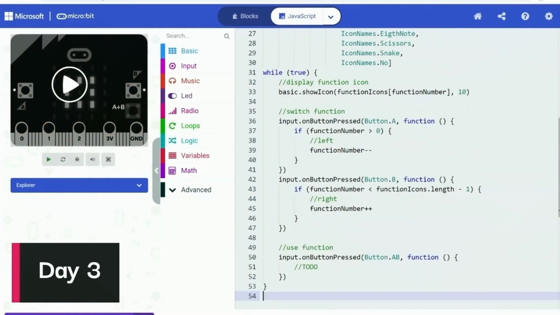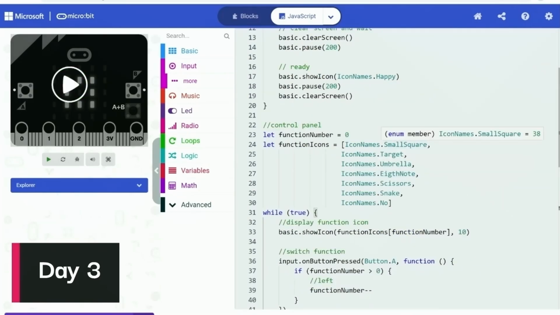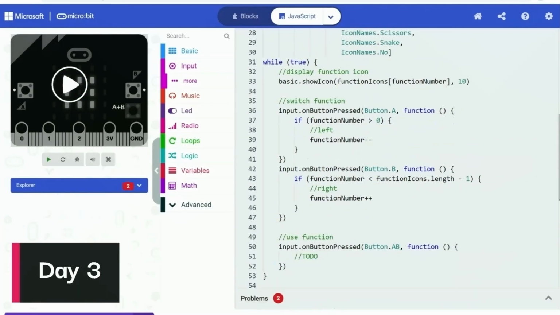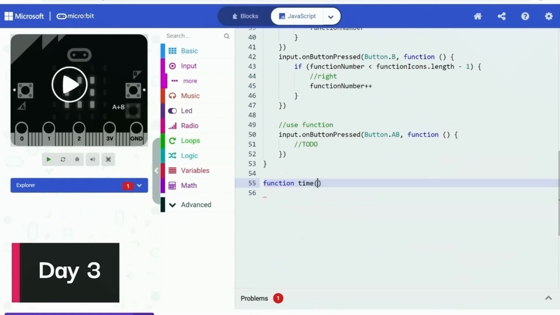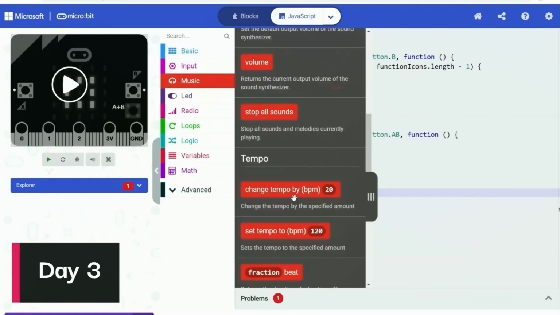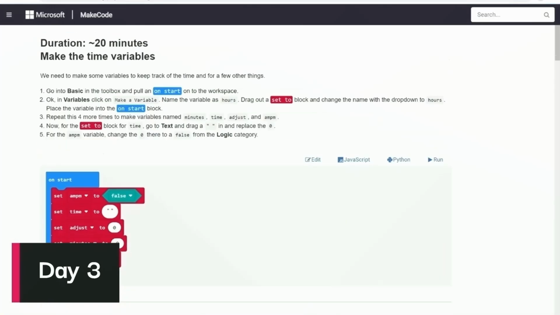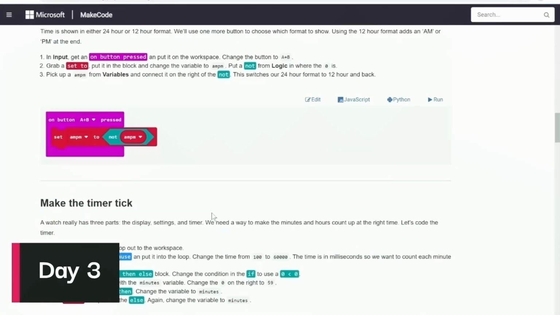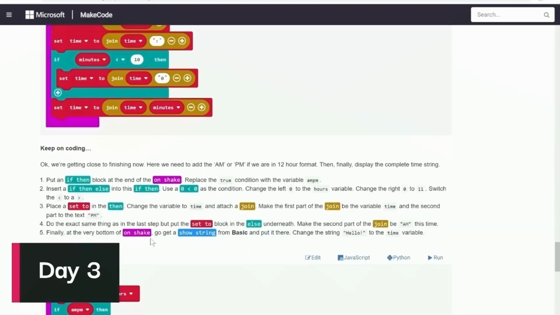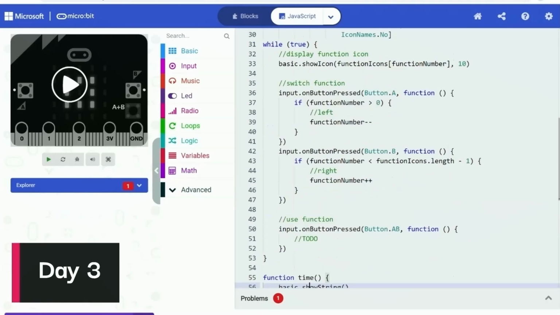Day 3, I went back to the code and started to work on the first function, which I originally planned to be a clock. I wrote a custom function in the code, but soon I realized that the micro:bit didn't have a built-in clock, which means things were moving on to the harder way. I searched on Google and a tutorial from Microsoft MakeCode had a clever solution, which is to make the user set up the current time and then time from that time.